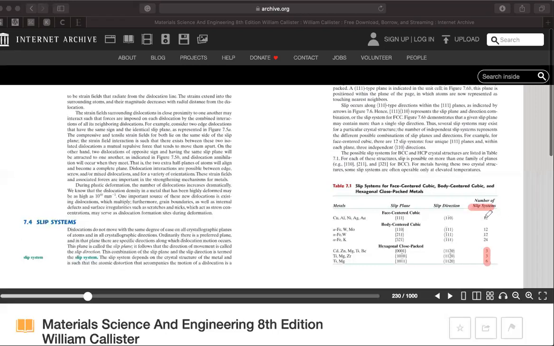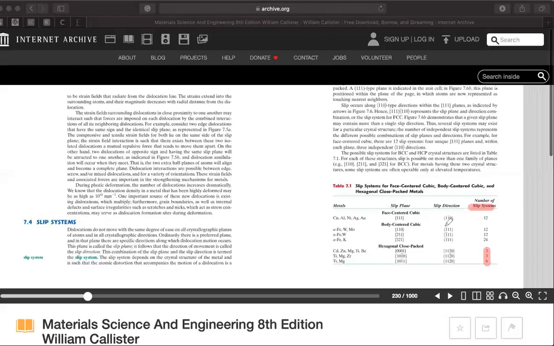So that means if you have more slip systems, the material will become more ductile compared to the other crystal structure where it has a smaller number of possible slip systems. Great. Now what we will do,